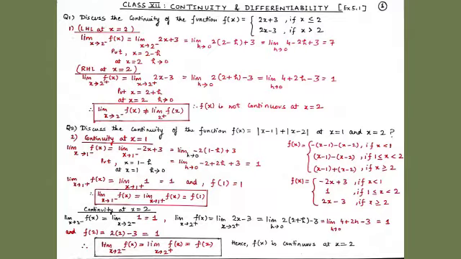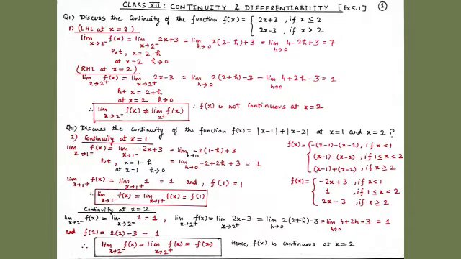So from here, limit x tends to 2 plus f(x) is equal to limit x tends to 2 plus, and according to our question, we know that for x greater than 2, our function f(x) is always equal to 2x minus 3. Now we will put x equals 2 plus h. Here we add a very small quantity h, so when x is equal to 2, h tends to 0. Therefore, we get limit h tends to 0 of 2, and in place of x we write 2 plus h, and then minus 3.